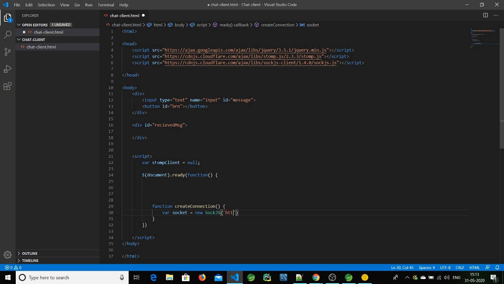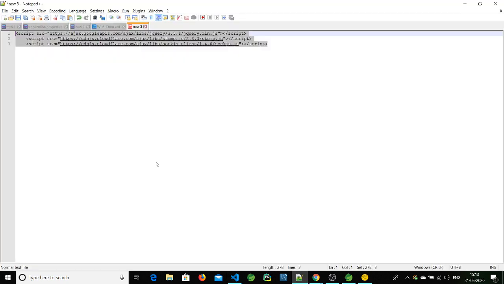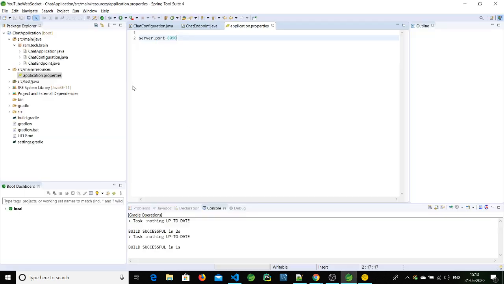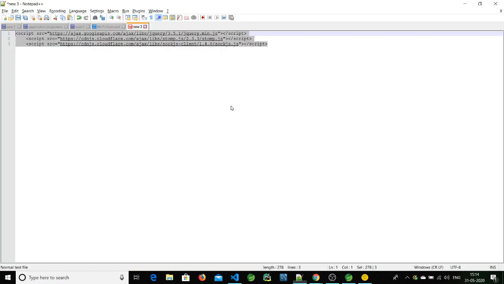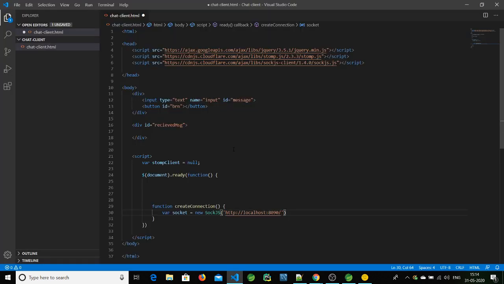So this is http://localhost, and the port is 8090, and the endpoint to which it will connect. So that is here in the configuration. This is the endpoint to which it has to connect. So let's use that.